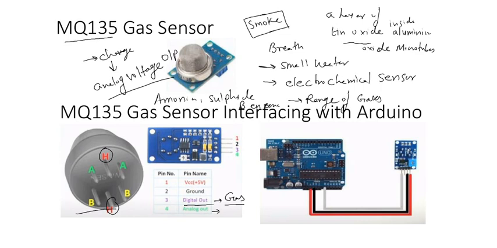So this is the original sensor, but all the required interfacing is already done in the modules available in the market. So you can buy the modules themselves, where those other required interfaces are already packed into a single module. If you see, there are four pins here that can simply be connected to the Arduino, right? We often don't need the digital out, so we can leave it. Connection can be done easily to detect any kind of gas, right?